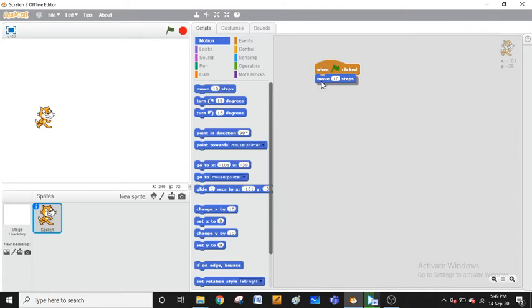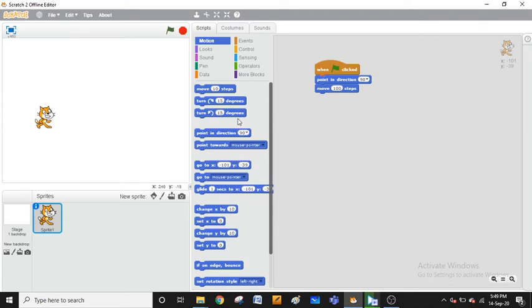Let's take the forward direction. To go to the right side, I have to take point in direction. Move 50 steps, or I think 100 steps. I take 100 steps.